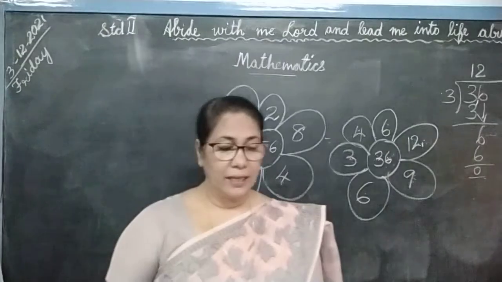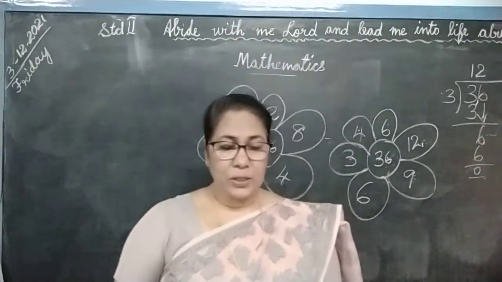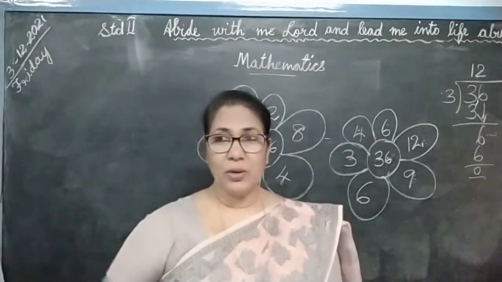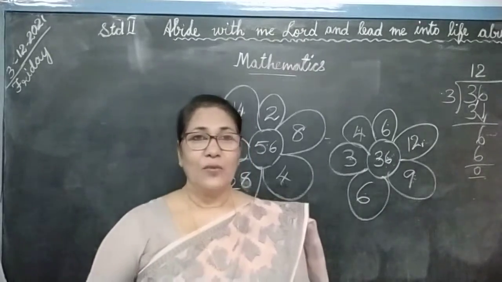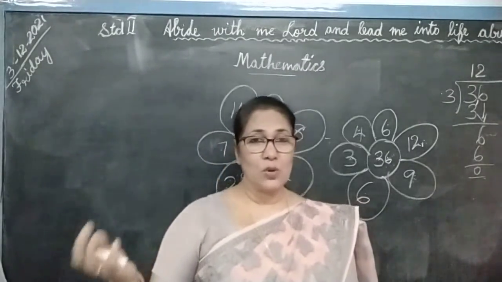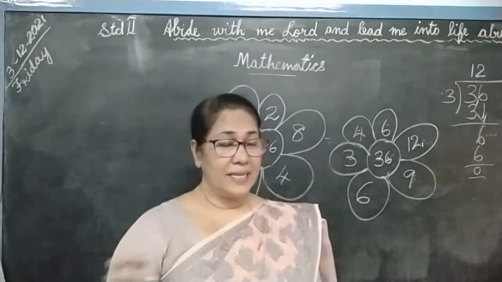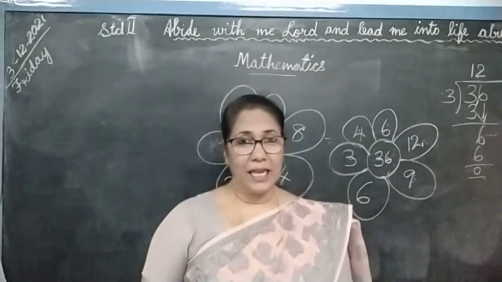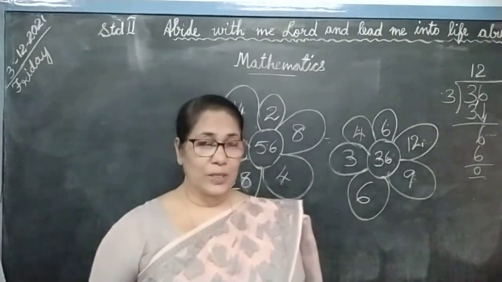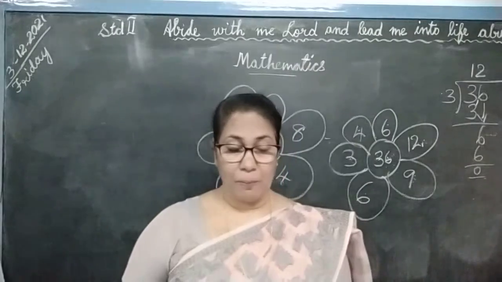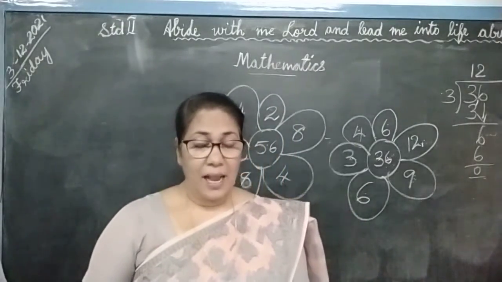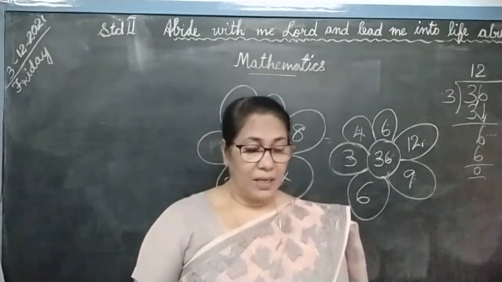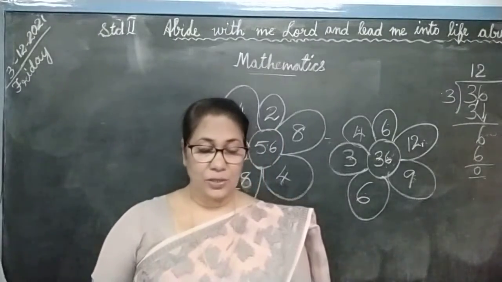Now listen carefully. Ankit went to a stationery shop. You know what is the meaning of stationery shop? Where we get books, pencils, rulers, then erasers, color pencils, ink, pen. So many things you get there. That is called the stationery shop. To buy the items he needed. Now we have to answer these questions.